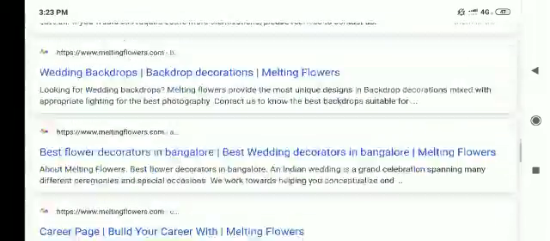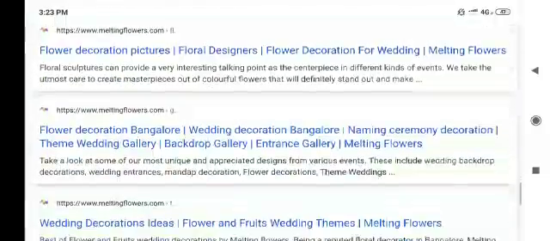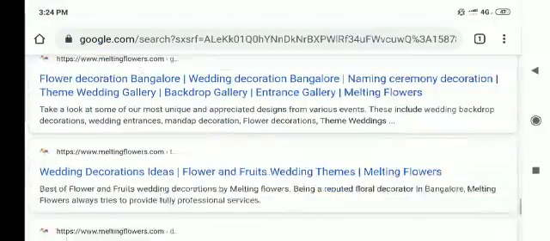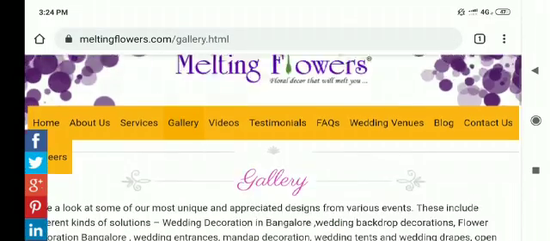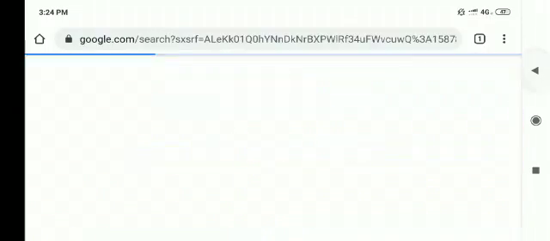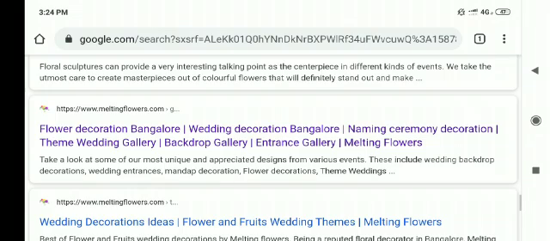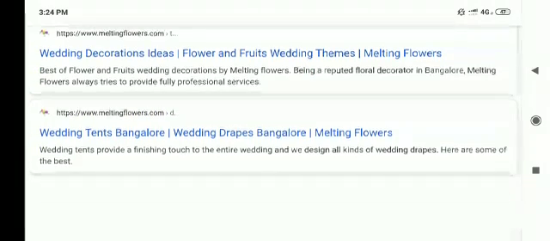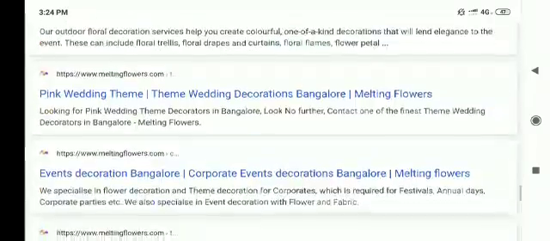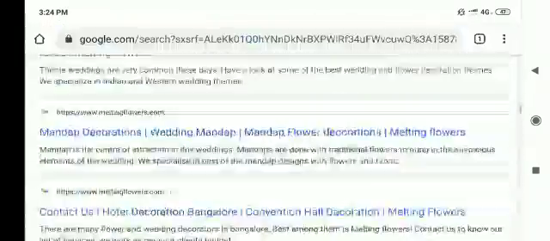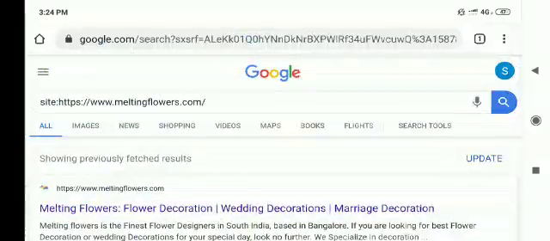So for this website, friends, as you can see, there are so many pages ranked, so many internal pages ranked. Like I can see there are some blog pages as well and some service pages. See, there's one gallery page that is ranked. So that means this website has plenty of pages, and most of these pages are ranked. It's a good sign for this website, and it will be able to sustain its ranking in the coming days also. So that's a good thing for a website. More pages ranked, more pages indexed, that is a good thing. That means you have the possibility of more pages getting ranked.